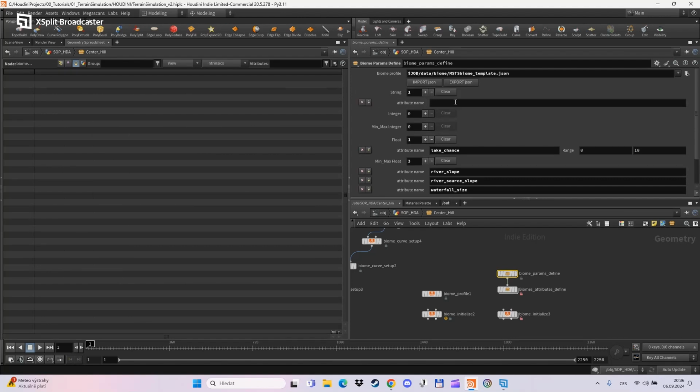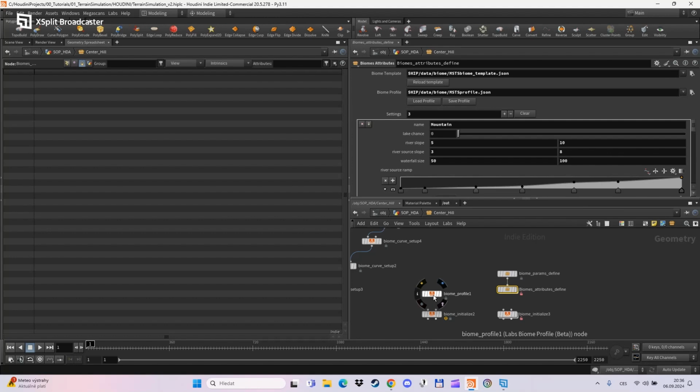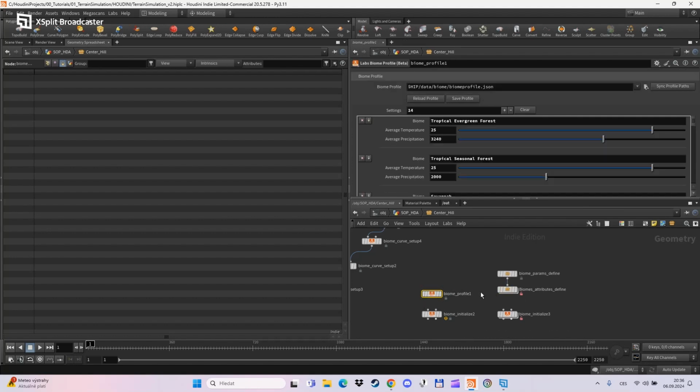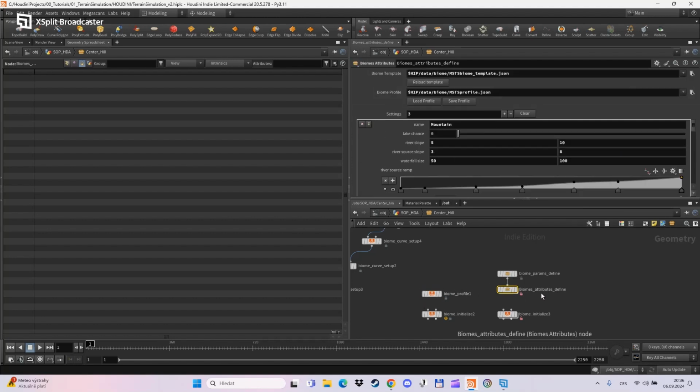I will create the attribute, and this attribute will be named name two, for example. I will export the JSON to the template, and in this Labs Biome profile,